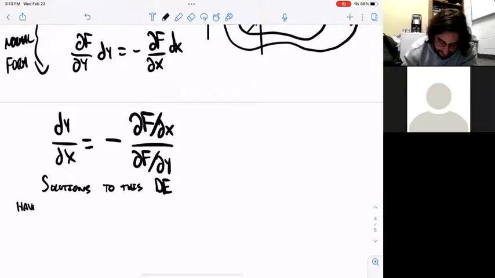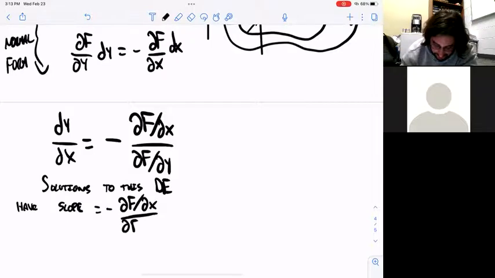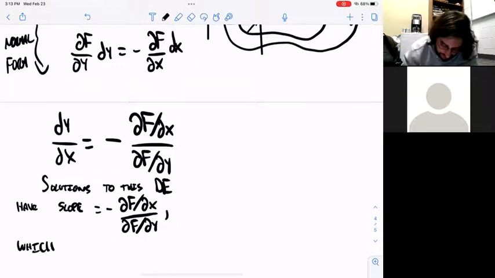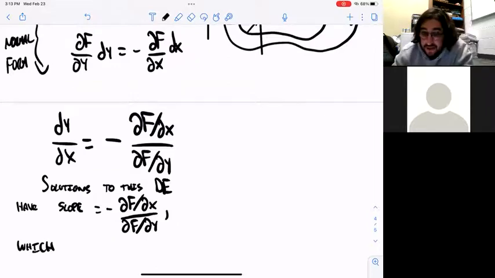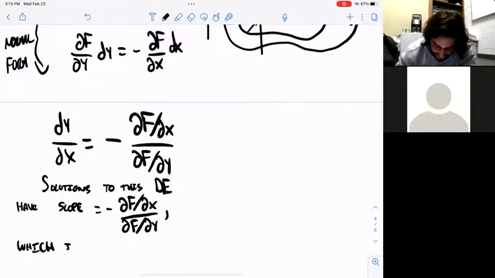have slope equal to negative df dx over df dy. So this slope, if it's equal to negative df dx over df dy,